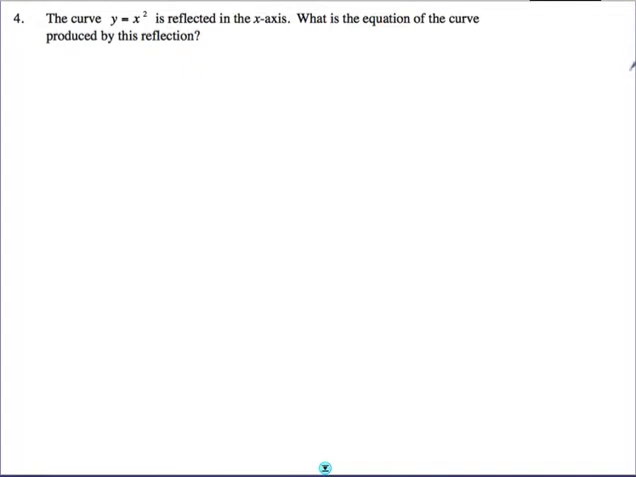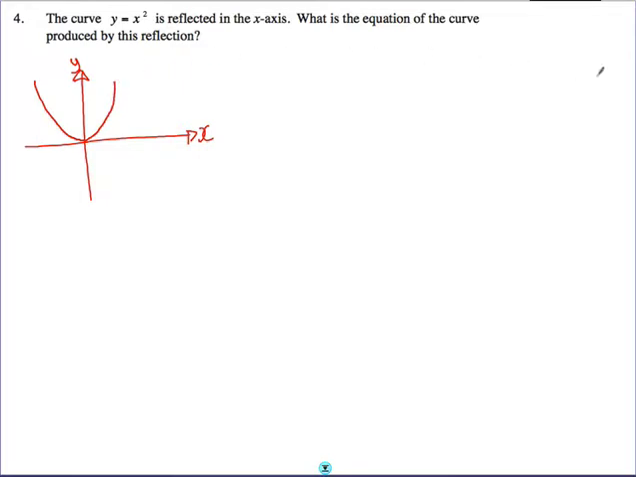Okay, question 4. Very easy. Just quickly going to read it for you, but let me just do a quick sketch before that. So question 4, the curve y equals x squared is reflected in the x-axis. What is the equation of the curve produced by this reflection? Just a quick sketch of y equals x squared,